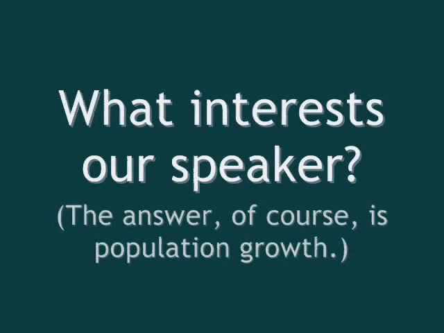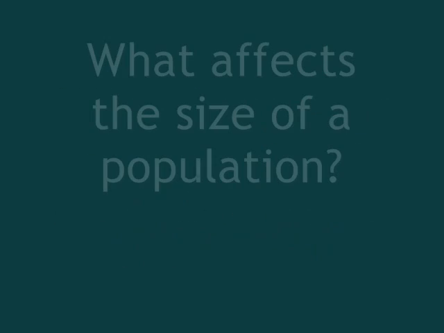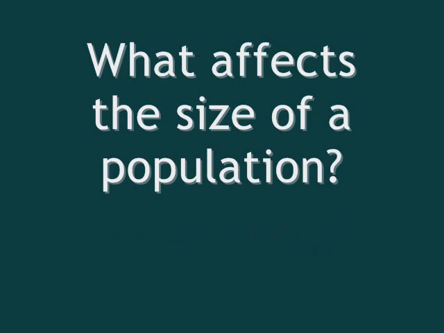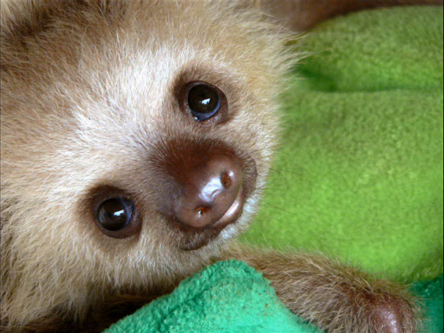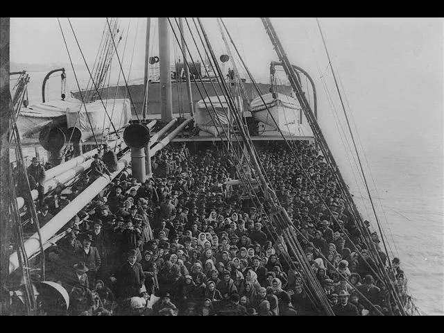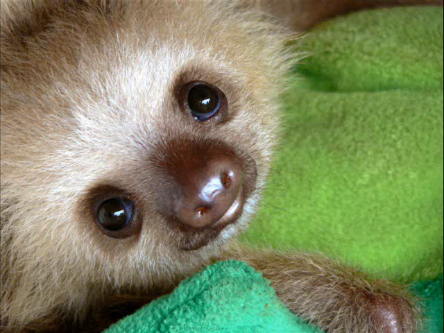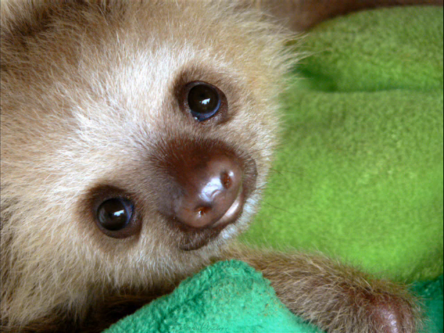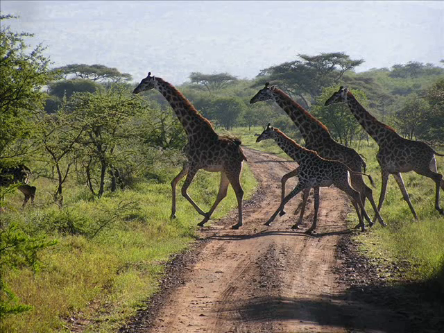The subject of population growth interests me. Let's talk about that for the rest of the video. There are two factors that directly affect the size of a population: the ratio of births to deaths, and the immigration and emigration to the population. The first is nice and straightforward. More births than deaths, a population gets bigger. More deaths than births, and it gets smaller. If the number of births and deaths is about the same, the population, obviously, will stay the same. And the second is a metaphor for the first one. A population grows if more animals come to it, and shrinks if they leave it.